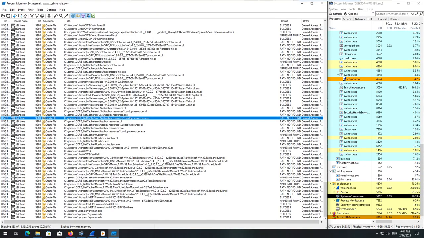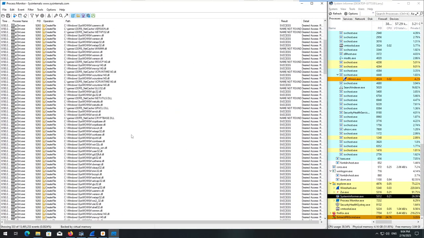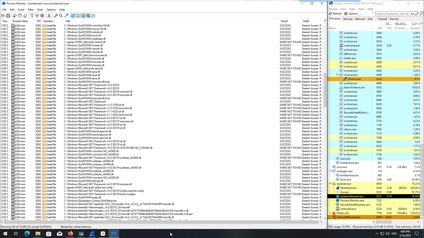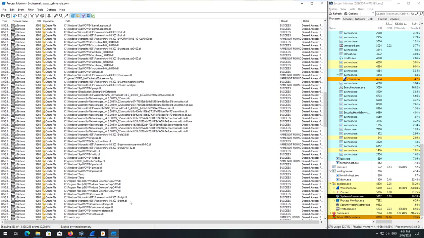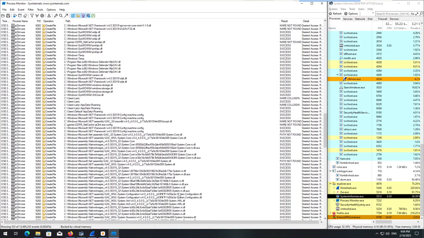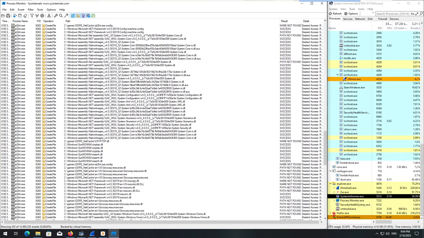Win32 task scheduler. We've got a bunch of DLLs that are being called in different folders, GAC32, GAC MSAL, so probably written in assembly, as I've said before. I'm only going to pull one of these. I'm not going to pull both of them. So one of them was, let's see, .exe, the